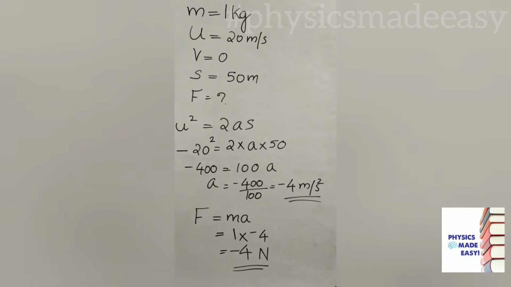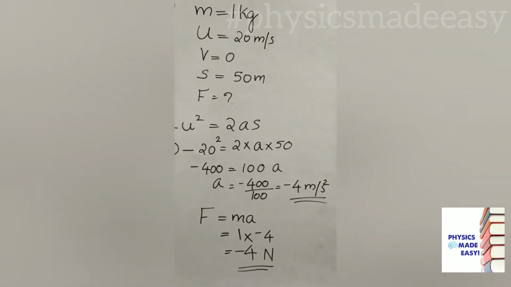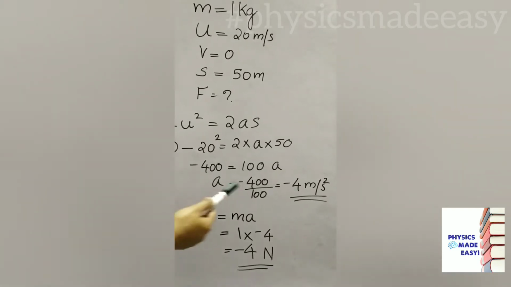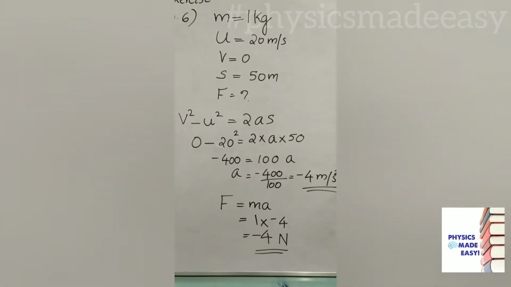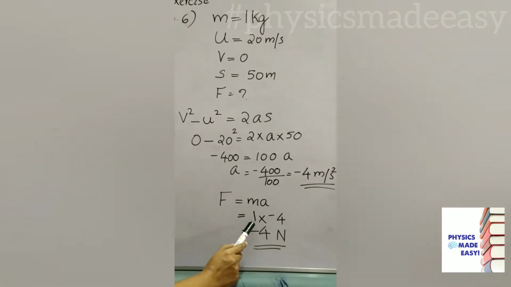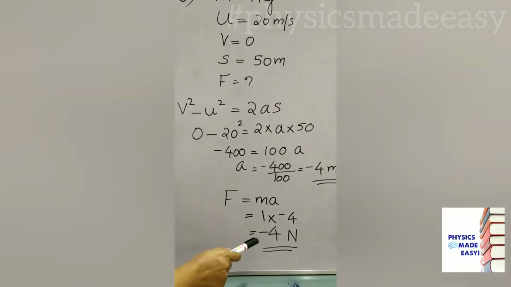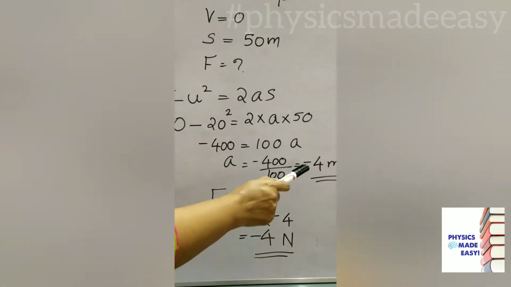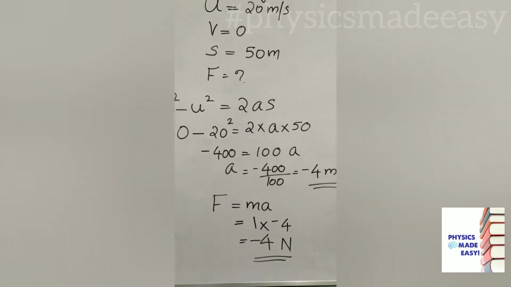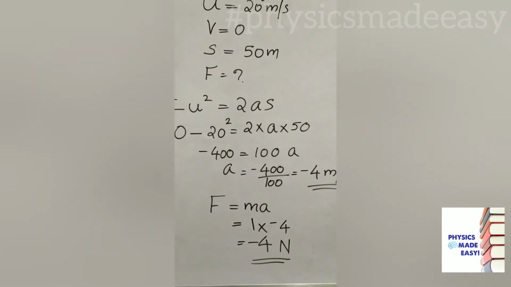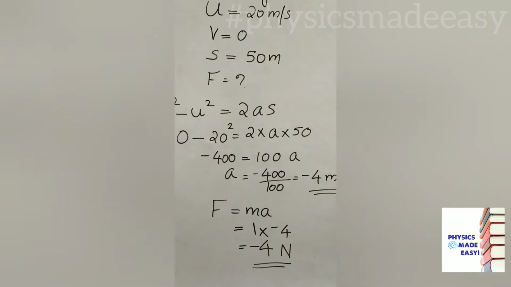Here the velocity is decreasing. After that movement, the stone is stopped. So we can say here the acceleration is negative. That also we got from this. Then we have to find the force. Force means force of friction. Mass into acceleration, 1 into minus 4, we will get minus 4 Newton. Why this minus sign here? Here we have minus sign in acceleration, that's why we got this minus sign here. This negative sign indicates that this force of friction is opposite to the direction of movement of that stone.